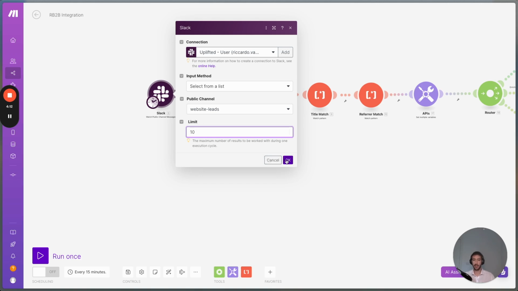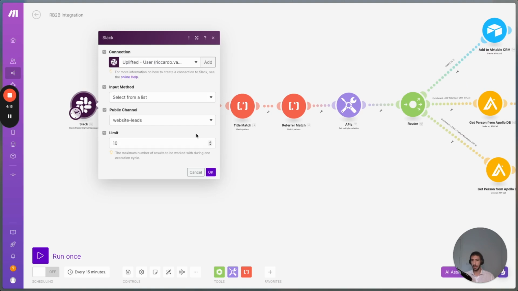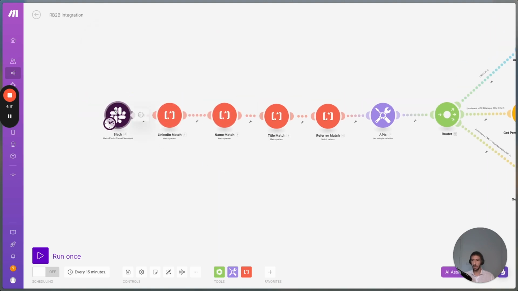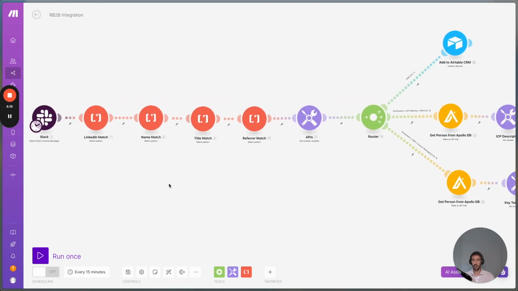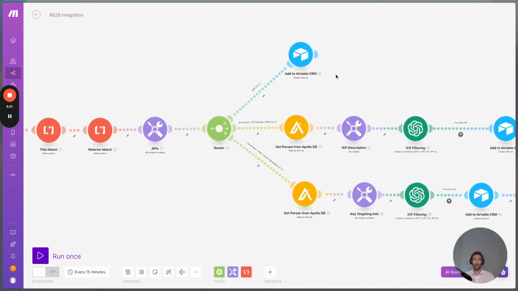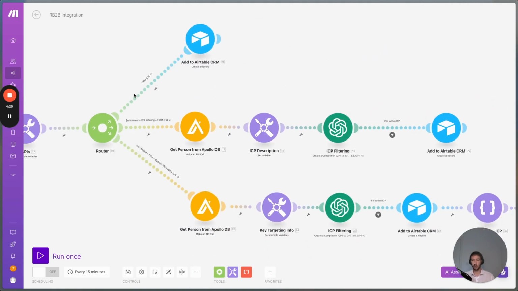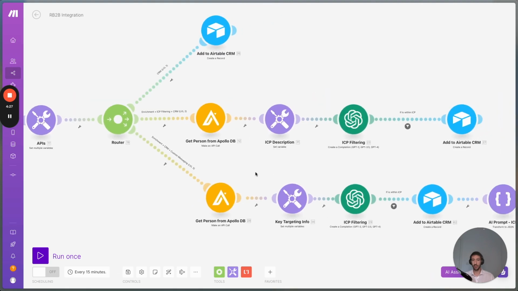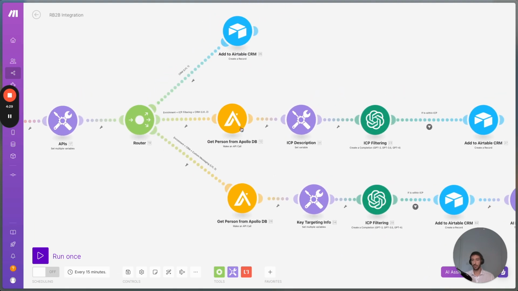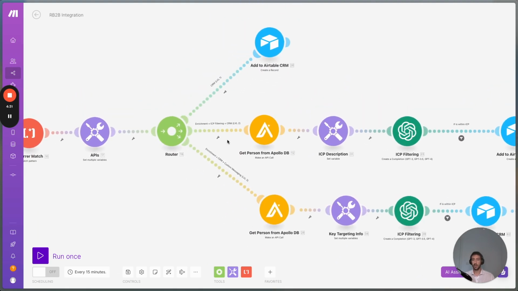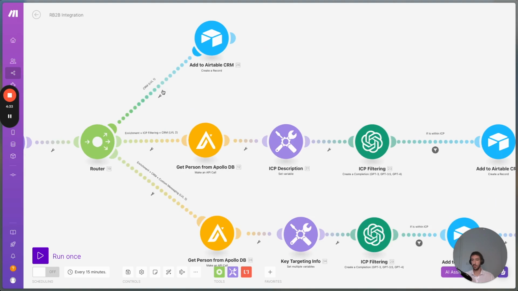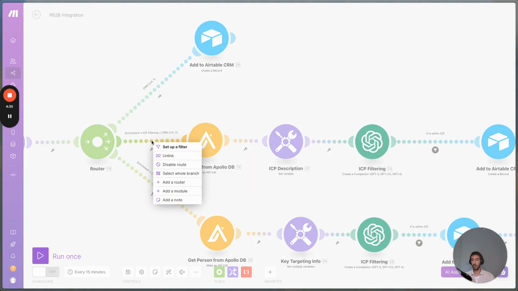Let's put 10 as an example over here, and then this part is configured correctly. What you would need to do then is choose which of the different channels you would like to configure here. So if you want to use level 1, what you can do over here is